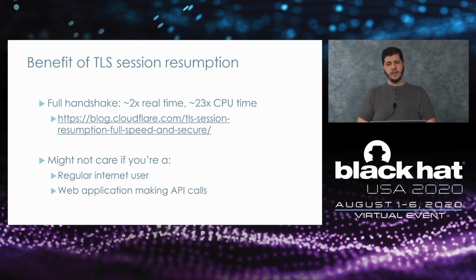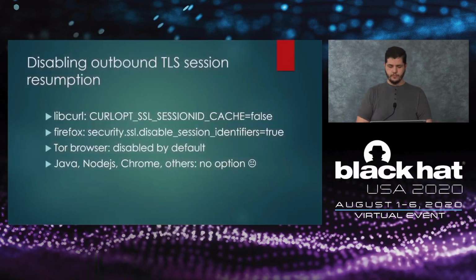Additionally, if you're running a web application, you might care about session resumption on incoming connections, but when you are making an external request, it's probably not in your interests. You're placing a lot of trust on random websites not to redirect you and own your local services. So how might you turn this off? Here's what I found. It's kind of sad when stuff forces you into this, but at least as an internet user, you can pick Firefox and disable session identifiers if you're really paranoid about this stuff. If you're running a web application, you're a bit stuck though. What should you do?